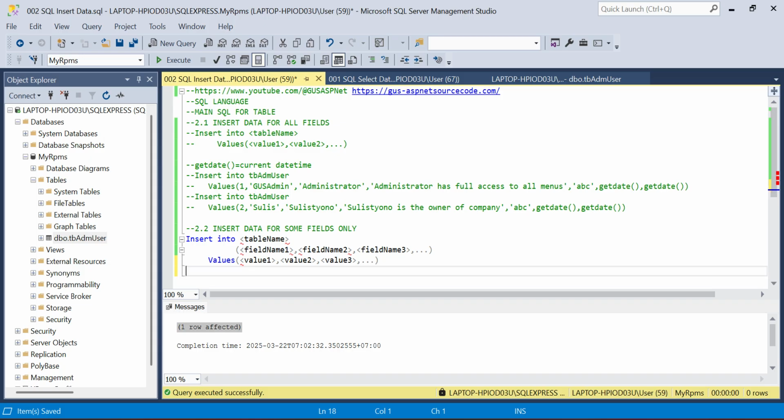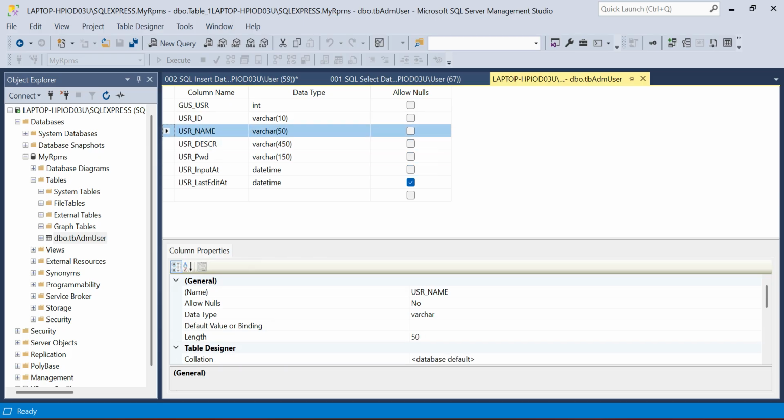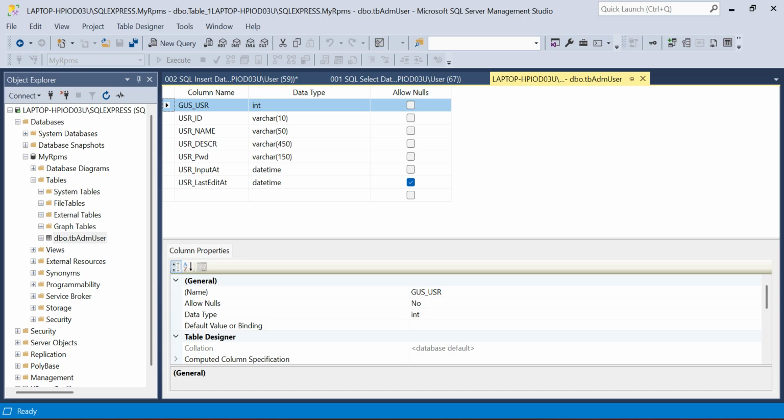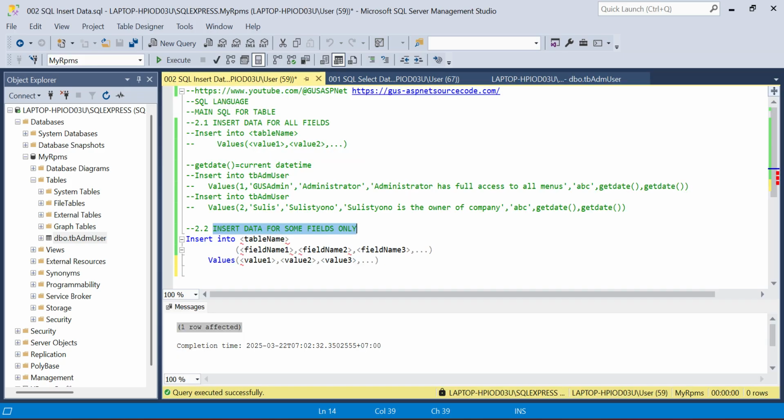But I want to tell you that when we only want to insert to some fields, the fields with allow nulls unchecked must not be empty. We have to provide values to these unchecked allow nulls. Okay, let's demonstrate.